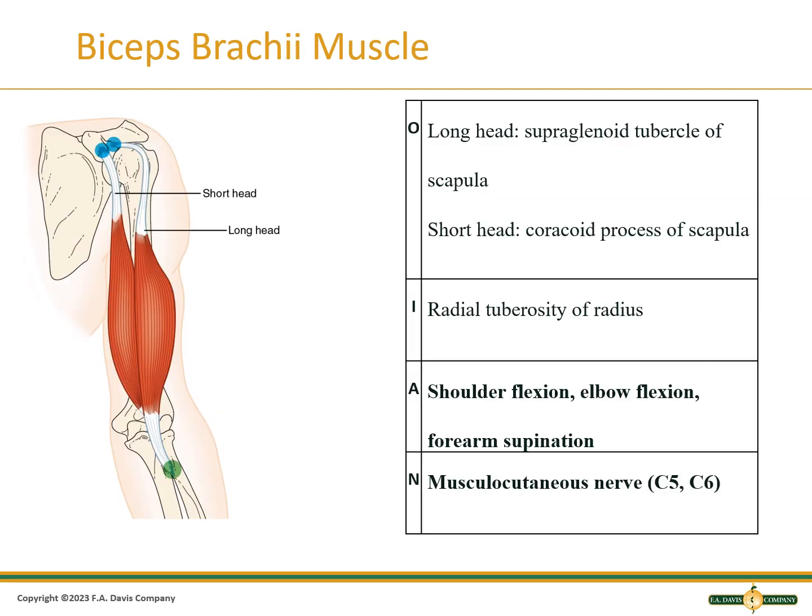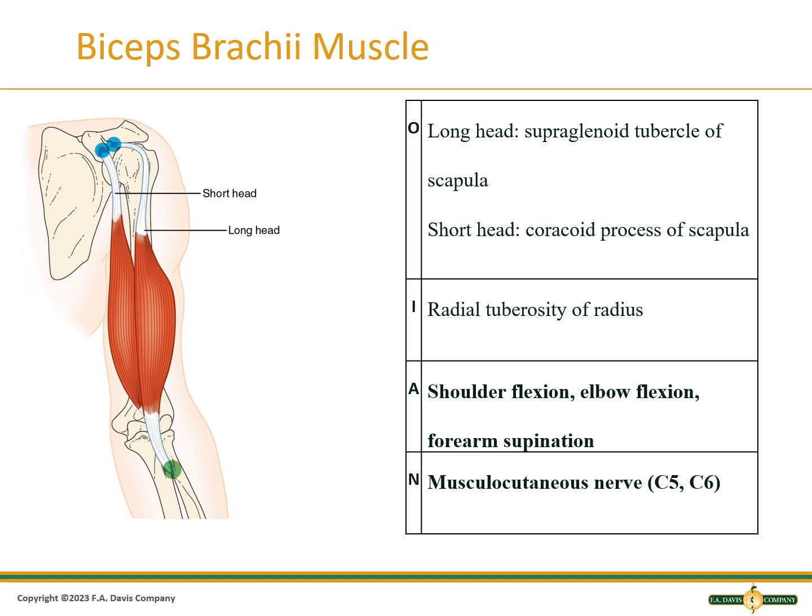Our biceps brachii is more commonly known as an elbow flexor, but because the long head of the biceps crosses the shoulder joint, it also contributes to shoulder flexion. So we talk about it here with the shoulder joint. Remember, the long head of the biceps, also the tendon, goes into the bicipital groove and blends into the joint